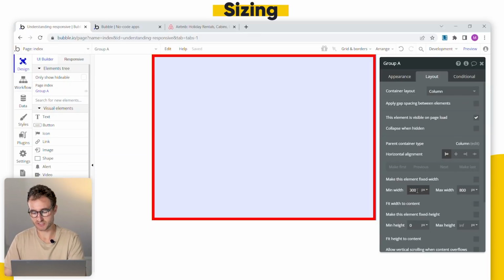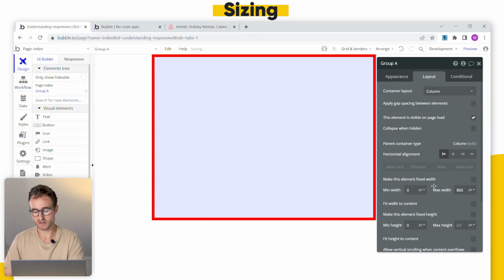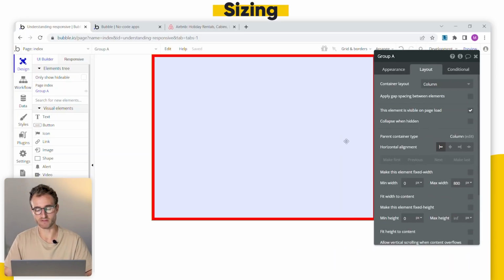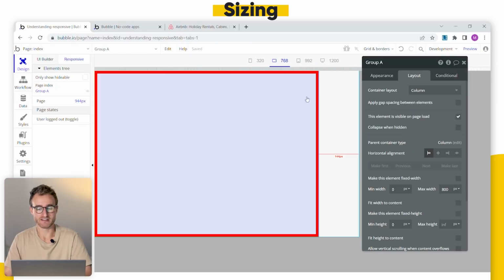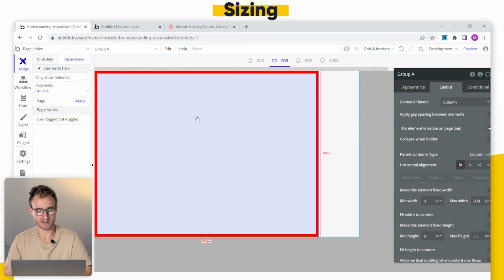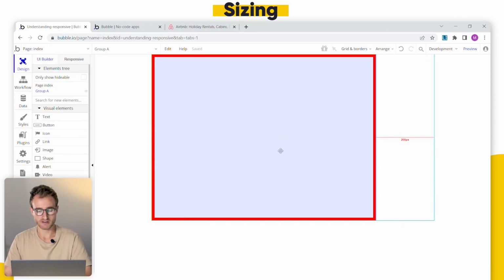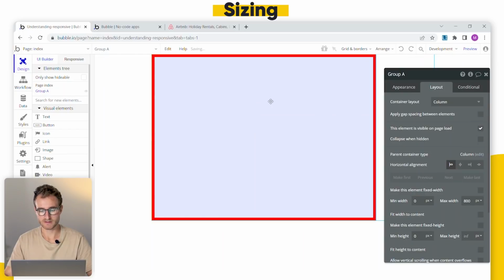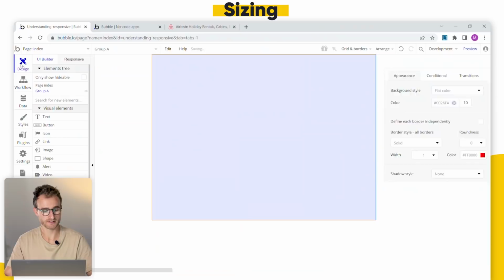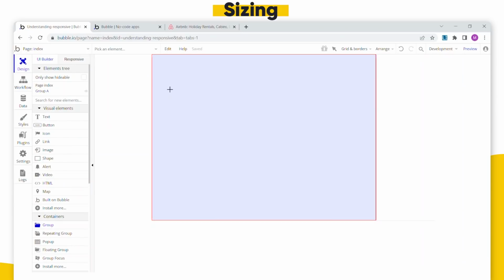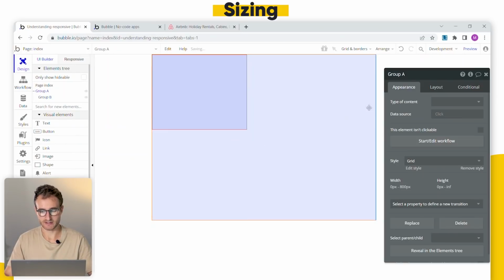So to set up to just demonstrate that, I'm going to get rid of all minimum widths, and I'm just going to keep this max width of 800, which is essentially the same thing as saying the page can't get any bigger than 800, because we're going to put all of our other elements inside of this group here, and we'll just forget about the rest of the page for now. So we've got an 800 pixel canvas here to work from. Now let's dial down the border again, okay, just to 1. And let me add now a group inside of our group A, okay? And to keep things organized, I'll call the top level group here the parent, and I'll call this group B